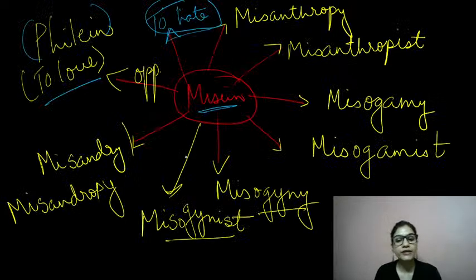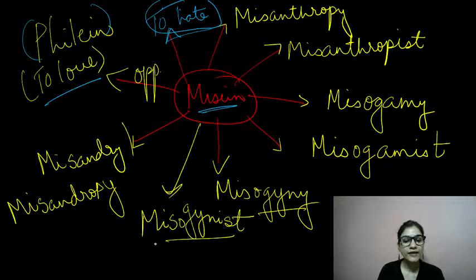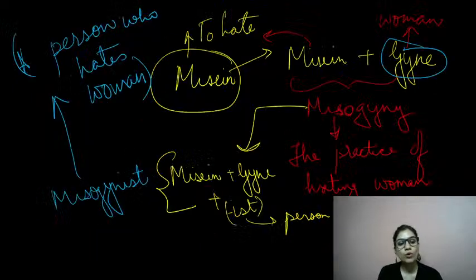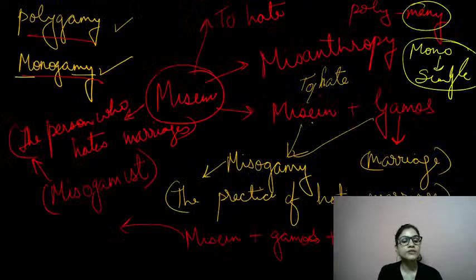Misogynist. अच्छा, misogynist रह गया क्या? Misogynist यहाँ पे क्या था? Misogynist is a person who hates women. Misogyny is the practice of hating women, and misogynist is a person basically who hates women. Right, Abhishek? If you want me to help you out with any of these words, please ask me. I'm there for you. I have written all these words here for you. If you want to have a look at these, let me know. I'll take you back to all these slides. So these are the words we've done. If we are done, let's move ahead.